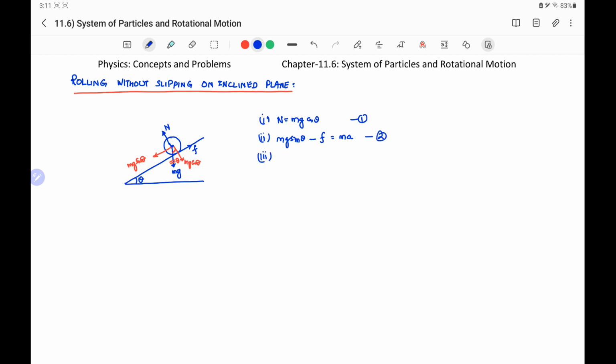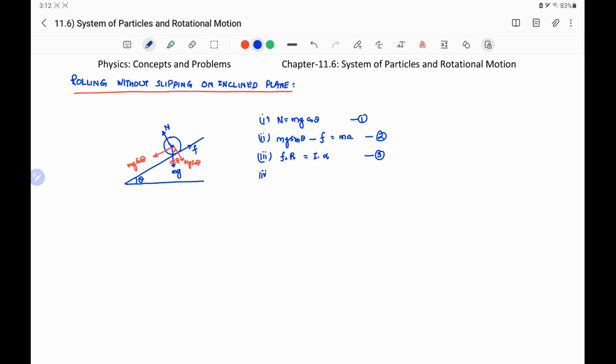This F is the friction force. Three forces, mg sin theta, normal, and mg cos theta, are all acting at the center of mass, so they have zero torque. Only the torque created by the friction will be responsible for the rotational motion of the body. Therefore, force F times its distance from the center of mass, which is the radius of the body, capital R, will be equal to the moment of inertia times angular acceleration. This is equation number 3.